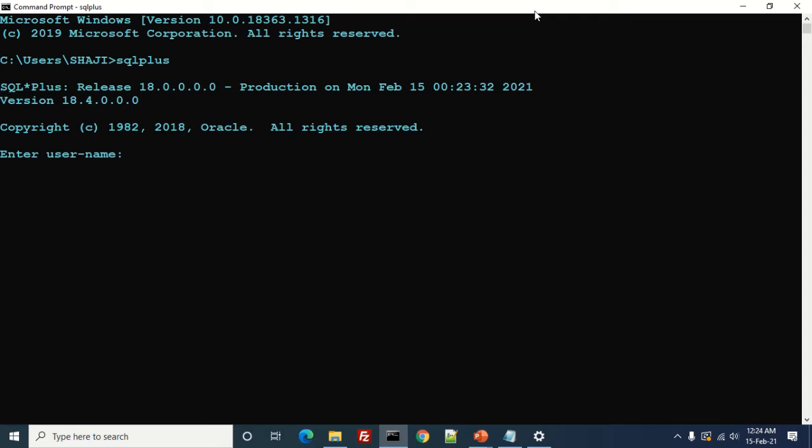So we have to give the same username and the password here. The username I'll be using is system, and the password I'll be entering is Shaji, because this is the password I entered during the installation. You must enter the password you entered at the time of installation.